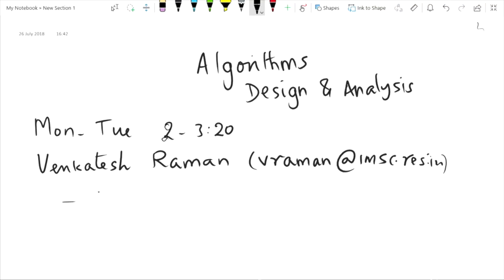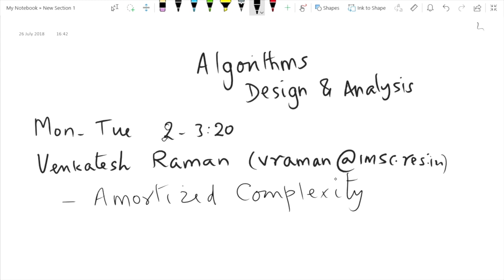I'll just give you a list of tentative topics we will cover. We're going to look at, for example, worst case complexity analysis of algorithms, which you would have seen. Some of you might have even seen average case analysis, but we will look at it in some depth. This notion of amortized complexity is more relevant in the context of data structures. So in this topic, we will look at